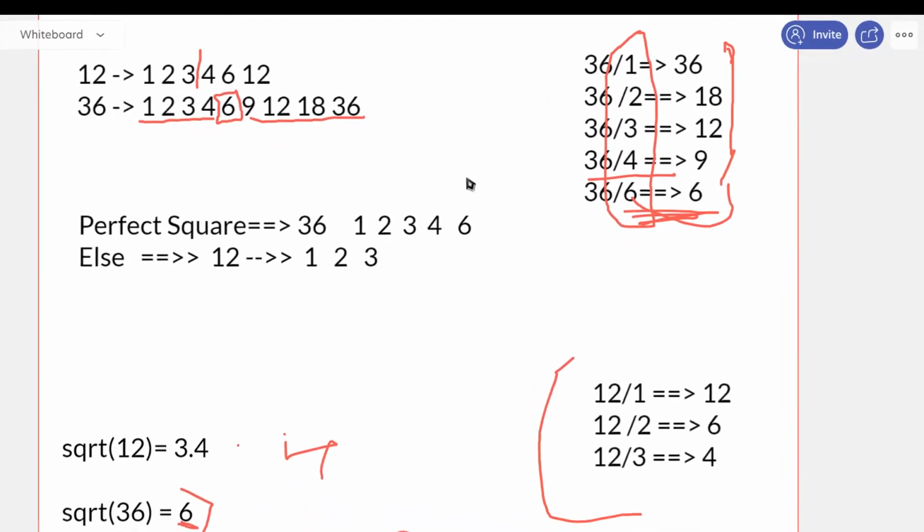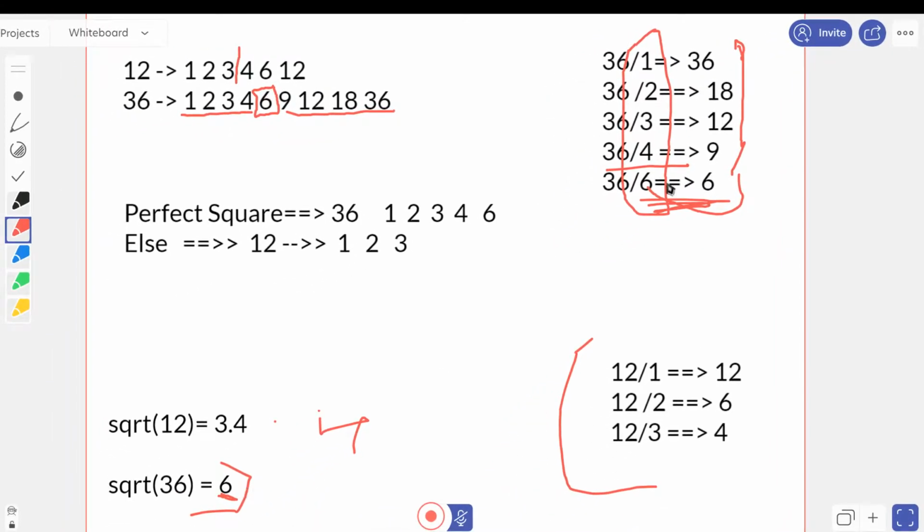Here you can see if it is a perfect square like 36, we have to not take this last number, and in list it will be 0 1 2 3 and 4, and the length will be of 5. So what will be the index of this? It will be 1 2 3 and 4. 0 1 2 3, it will be 3. So what we are going to do, we are just going to subtract 2 from this. So let us do that.